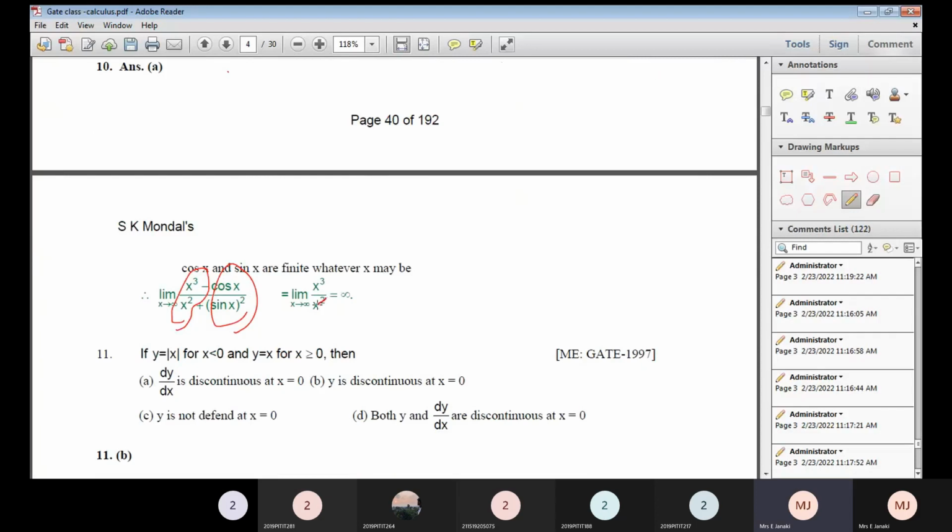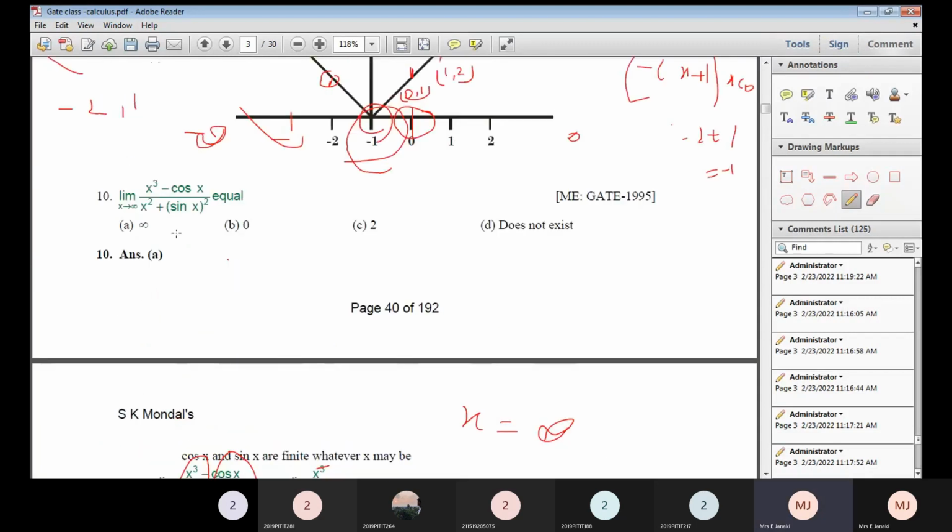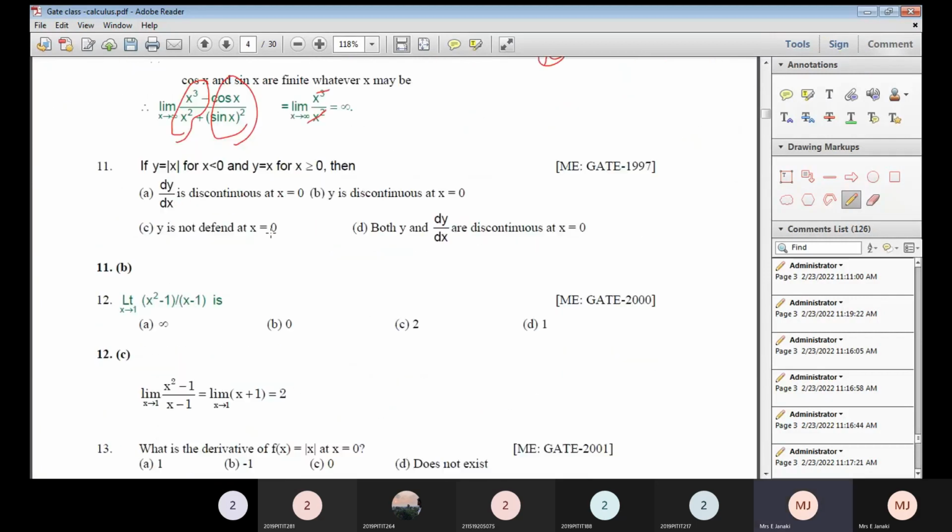If you eliminate x square and x cube, finally you have just x only. After substituting x tends to infinity, you are getting the answer infinity. See, where it is infinity exists, that option is the correct answer. And next term,